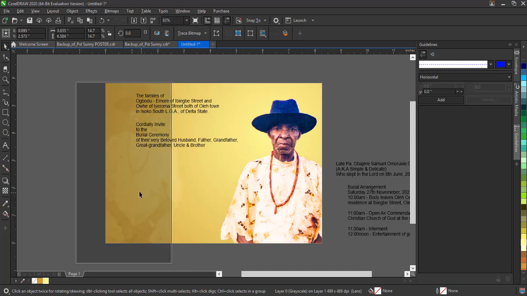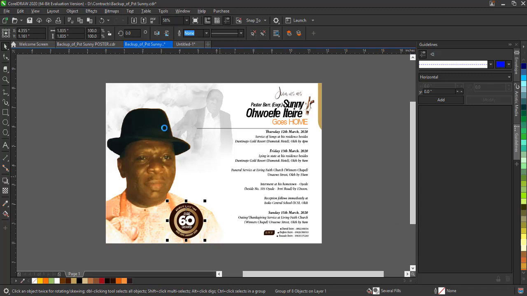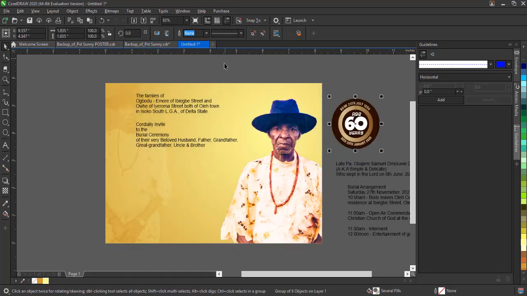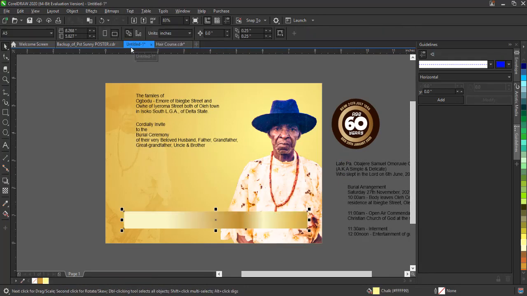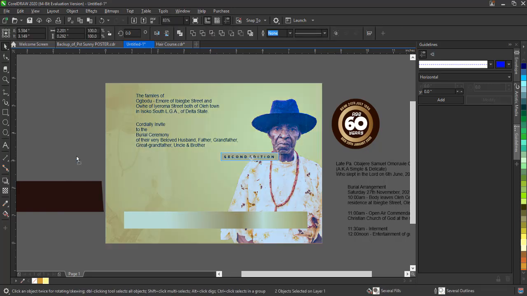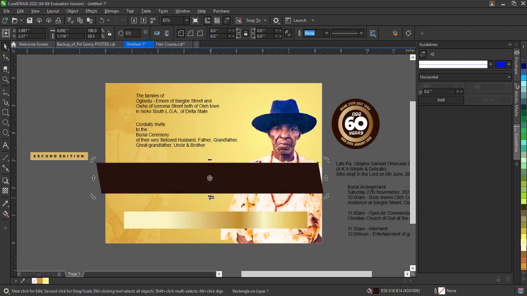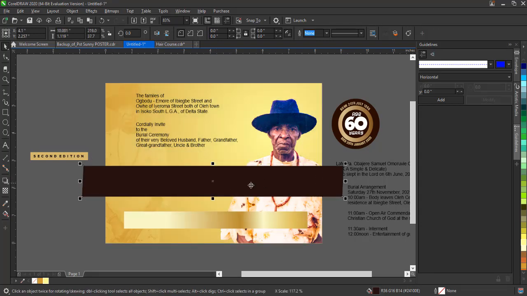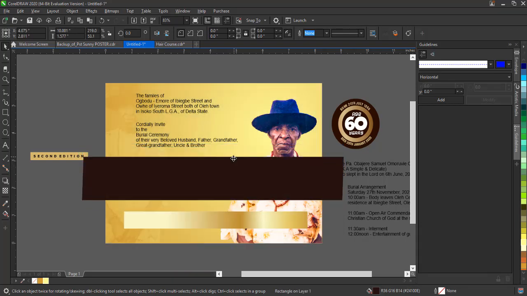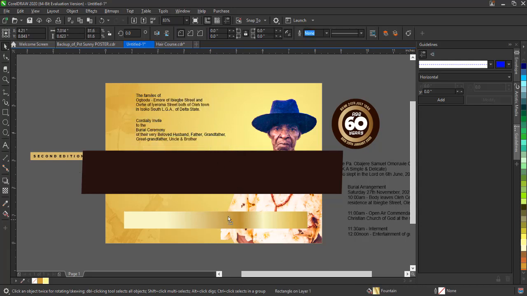All right, the picture underneath, I just gave it an overlay fill. So I just brought this in from another card I did some time ago because I want to make use of it, and I also brought this gold and this brown color in from another card that I did for someone else because I want to make use of these colors. I don't want to miss the exact color codes I've used before. All right, so I'm going to take that in